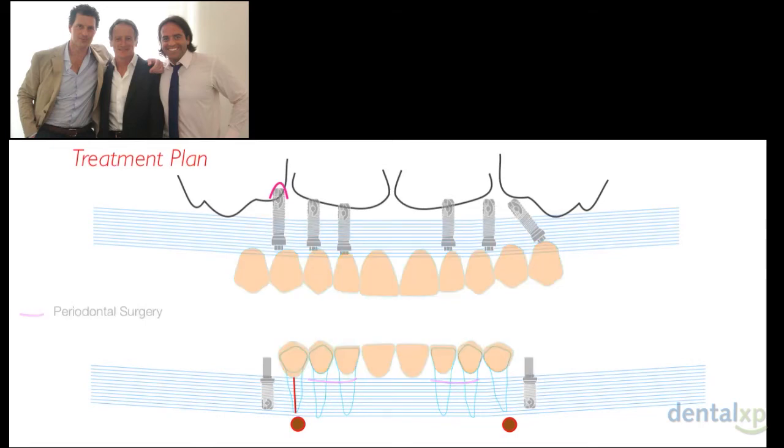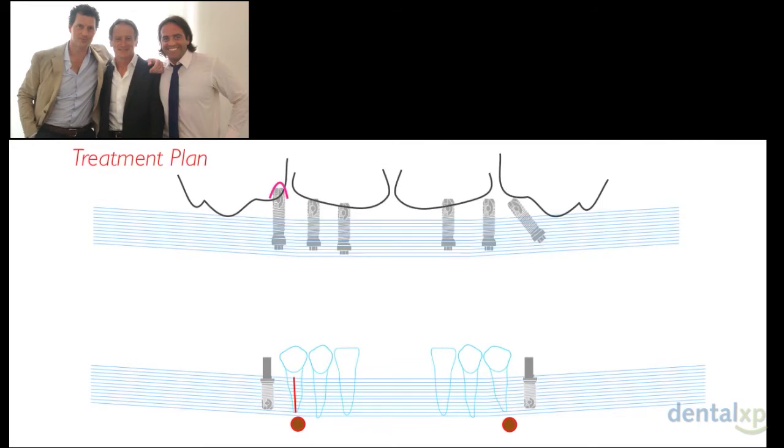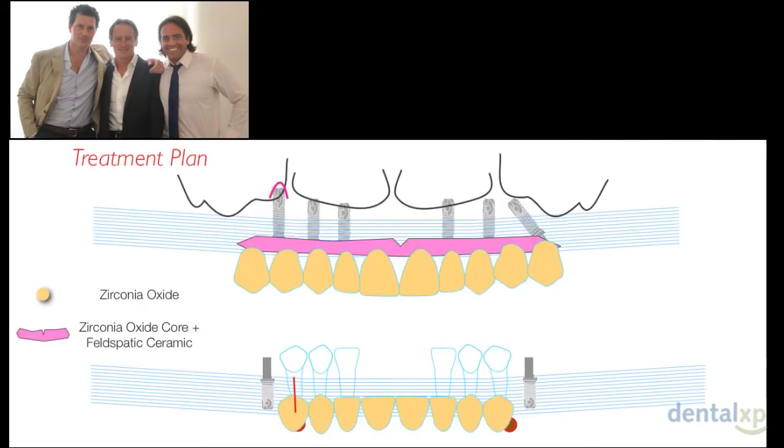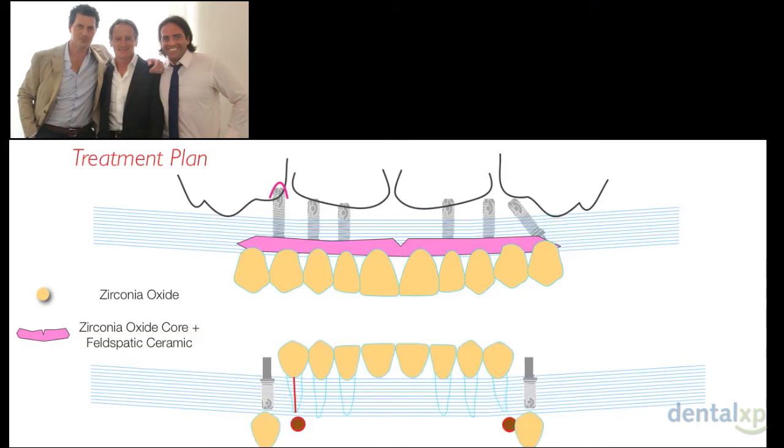We align the temporary, and after all the tissues have matured, we can go through the final restoration: take the final impression, do our framework try-in, do our bisque bake, and finalize the case in zirconia oxide. Also, since there was a lot of vertical dimension, a lot of vertical space to cover,